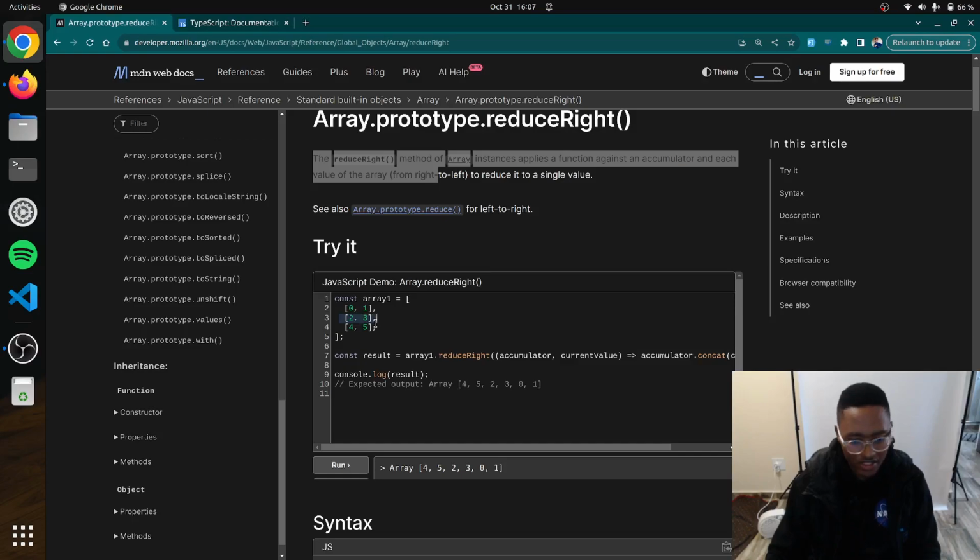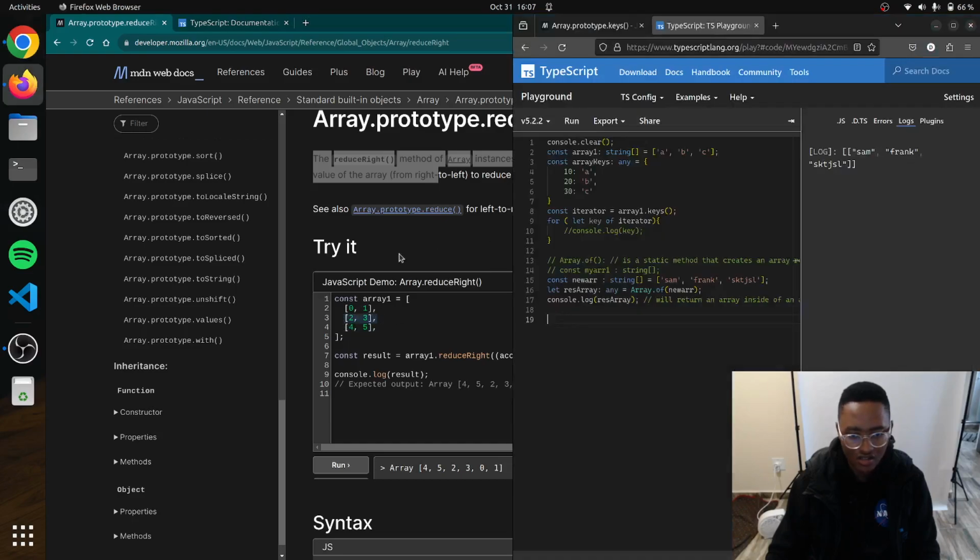So for you to understand this, you would need to understand exactly what happens when you concatenate two arrays. So, and I want to do that first. What is this? All right, let's